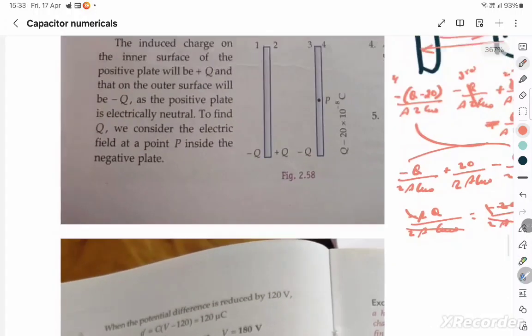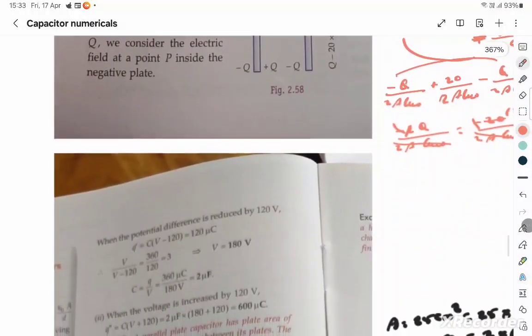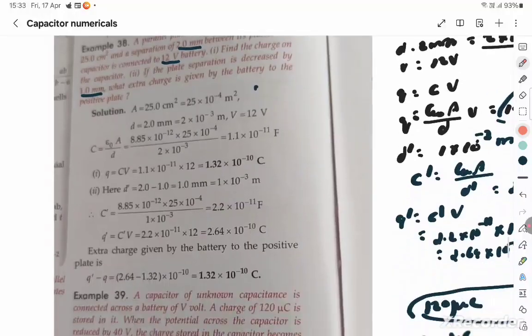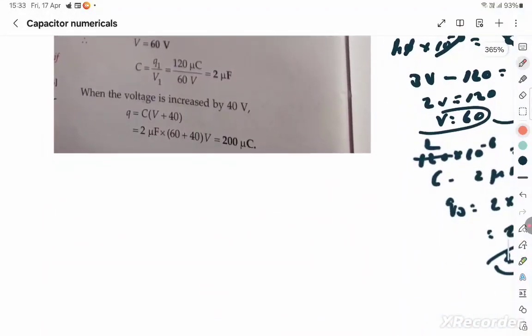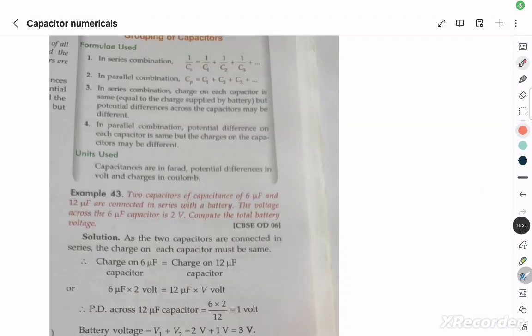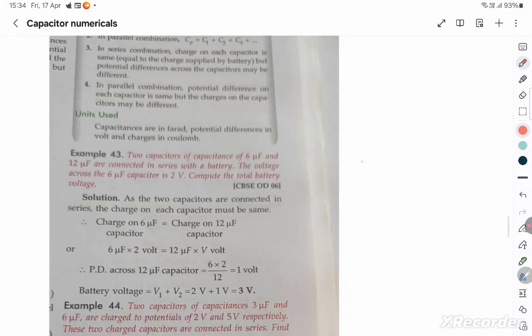So let's go to the next question. The sum number was 42. Let's go to sum number 43. Two capacitors of capacitance 6 microfarad and 12 microfarad are connected in series, and with the battery. The voltage across the 6 microfarad is 2 volts. Compute the voltage across the